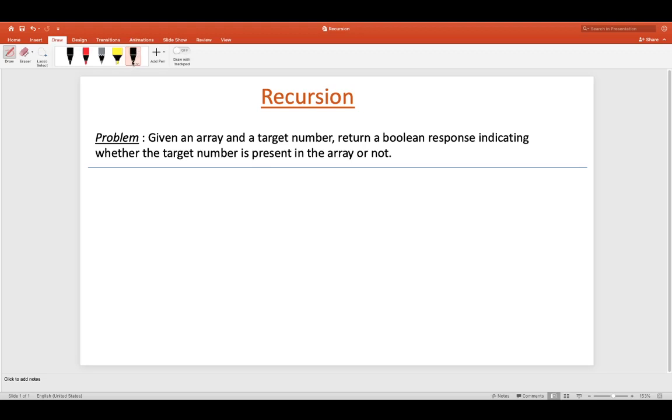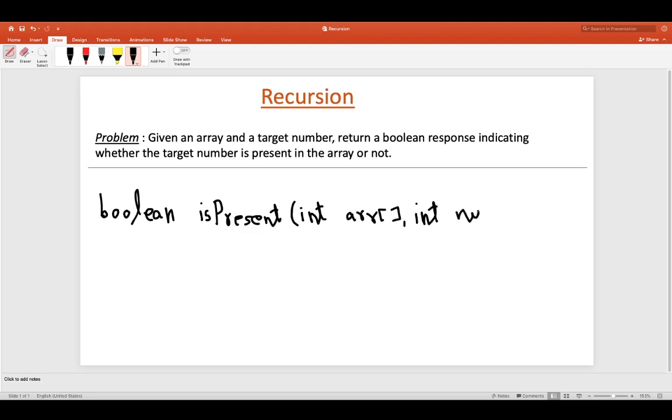So basically, the signature is going to look something like this: you will have to return a boolean response, and let's call it isPresent, and its inputs will be an array and a number. So let's call it num.